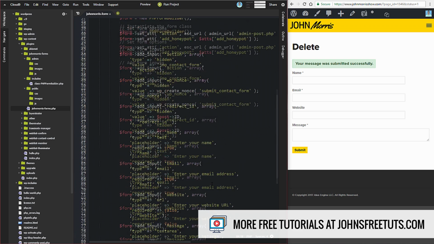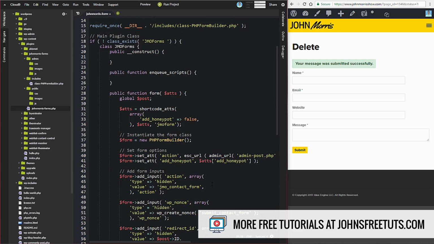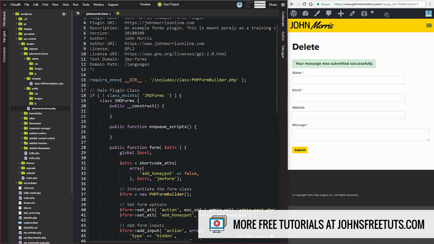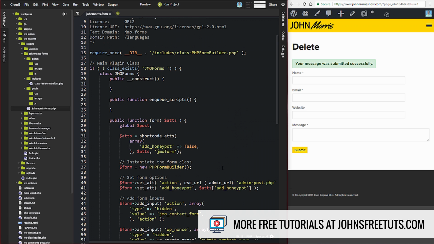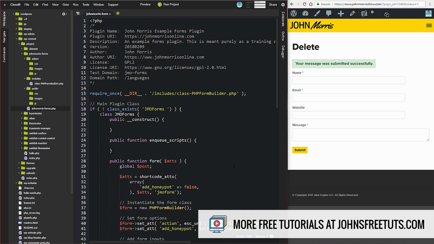All right, so that is our form. That's probably close to our biggest method. So we sort of tackled the largest frog right off the top. The last thing that we need to do with this form is we need